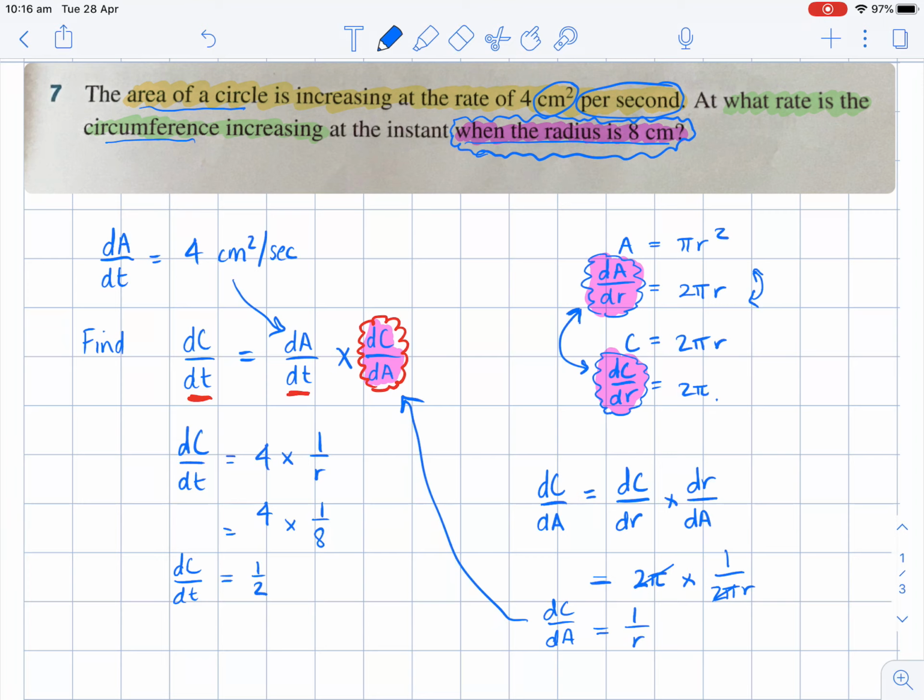Now, it's a measurement problem. We always stick our units in. So circumference is in centimeters and time is in seconds. So my rate would be 1/2 centimeter per second. So there's a variation, probably a lot quicker, a little less complicated, but certainly some more thinking about how you can